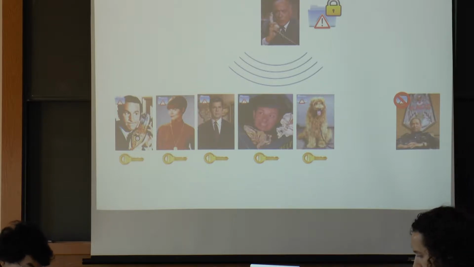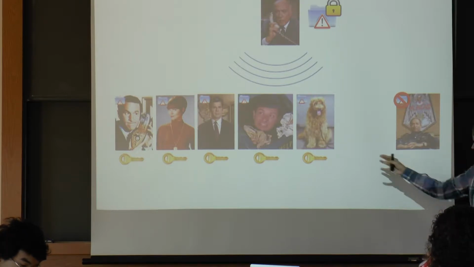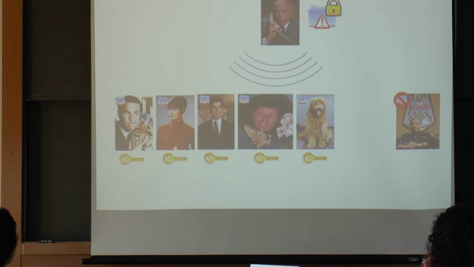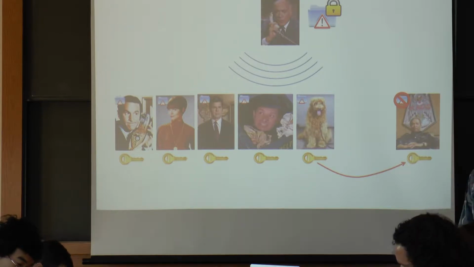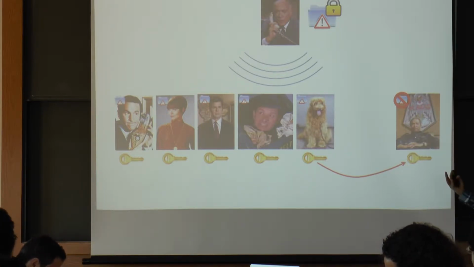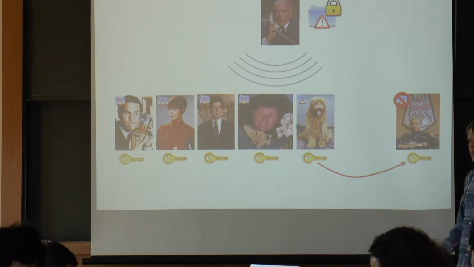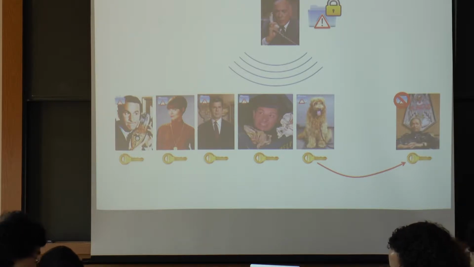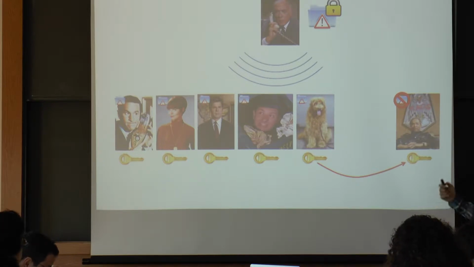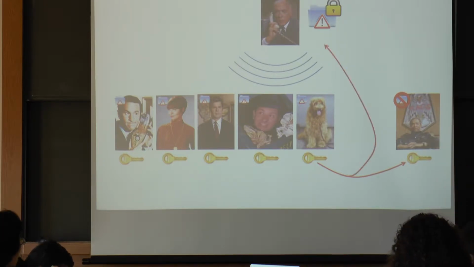Okay, so where traitor tracing comes in is, suppose this spy on the right, spy dog Fang, decides that he actually wants to go work for Chaos, and he's going to leak the key that he was given. We really can't stop him from doing this. He can write his key down on a piece of paper, throw it in a trash can, and Chaos comes by and picks it up. But what we can hope is that if we are somehow able to intercept the leaked key, that we can actually identify who it was that leaked the key.